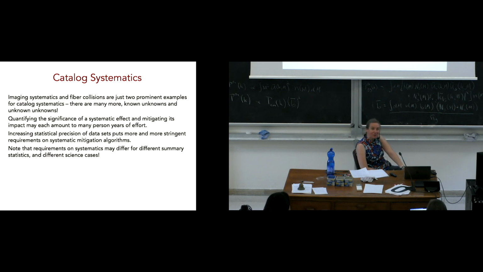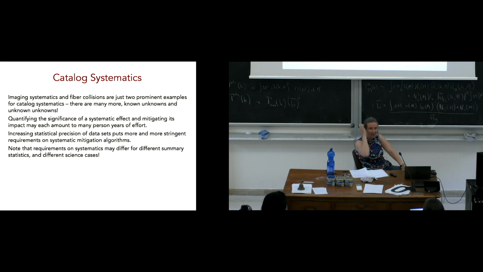I've really just scratched the surface here. Imaging systematics and fiber collisions are probably the two most prominent examples for catalog systematics. There are many more, both those that have already been tackled by collaborations, and likely also unknown unknowns. So it's really important to acknowledge the immense work done by these large survey collaborations to get these systematics under control. That's a continuing uphill battle, and quantifying the significance of a systematic effect may be a PhD thesis already,